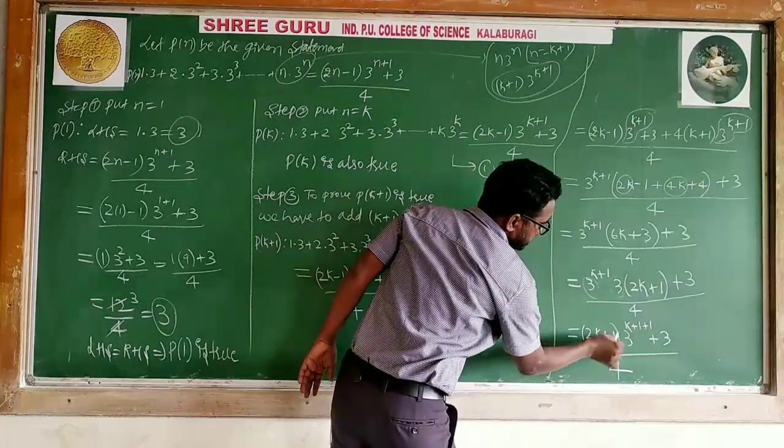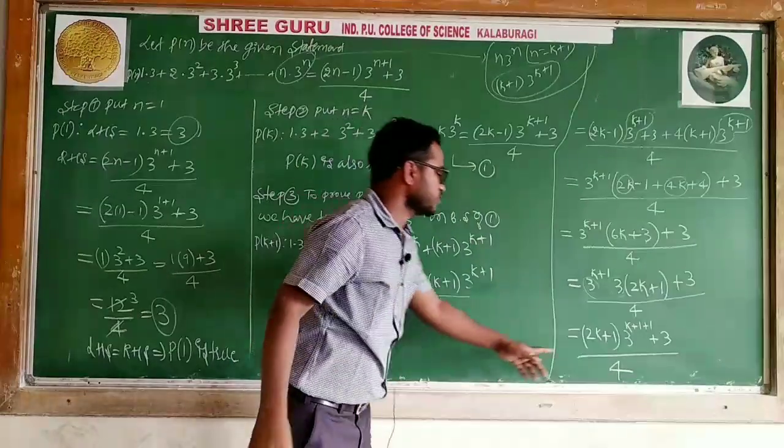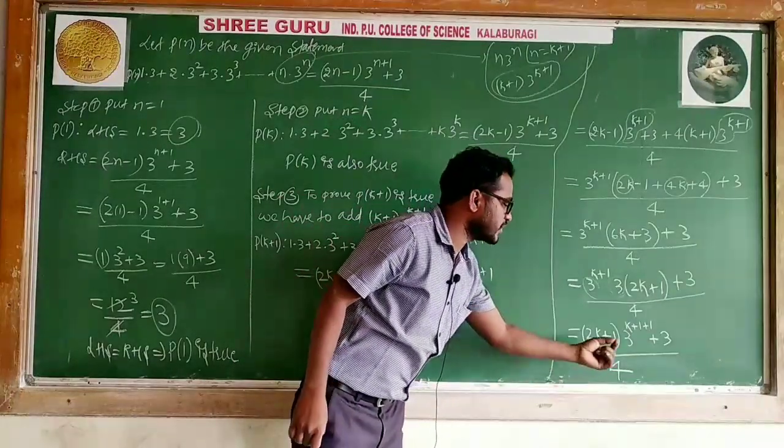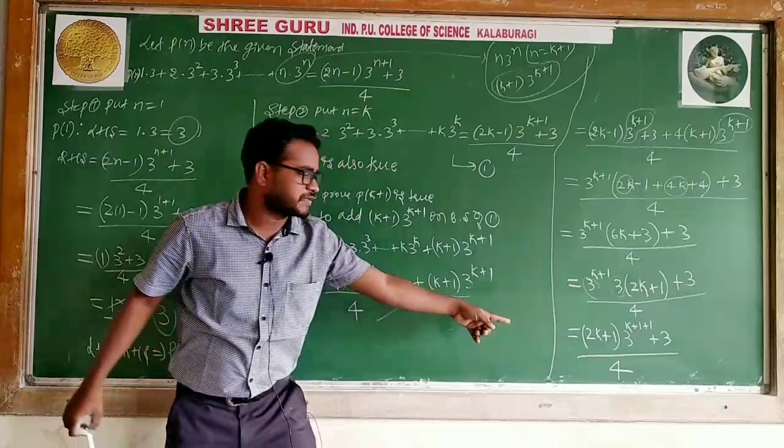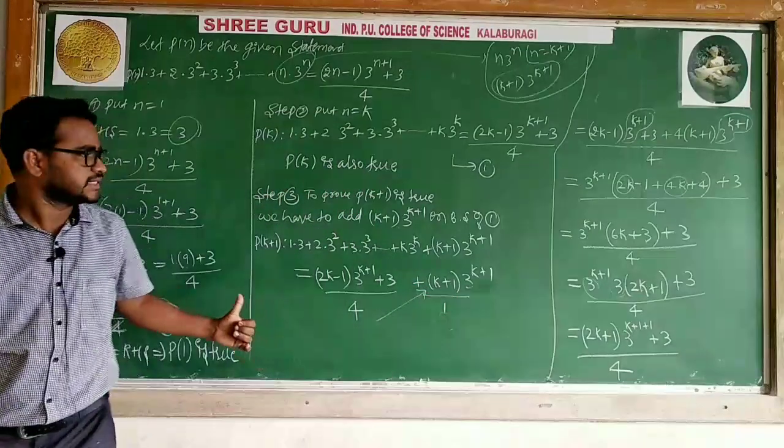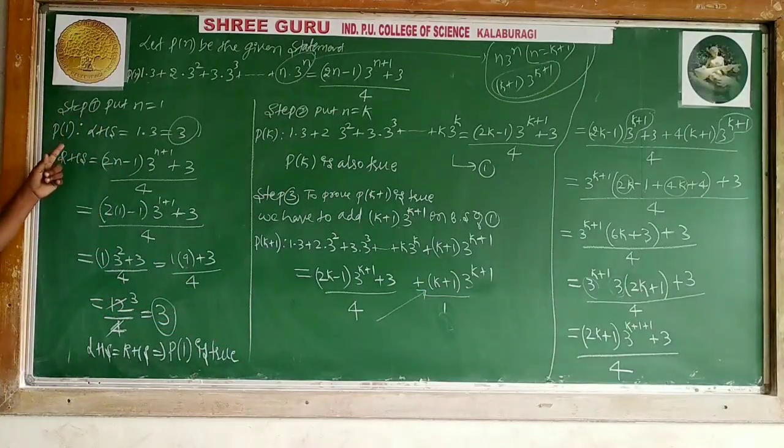Only the thing is 2k plus 1. So 2k plus 1, if you want to express in that form, I will take one little bit adjustment. So after this, I will write here. I think it is complete, no? First step we have to complete. I will express that. Actually, it is enough.